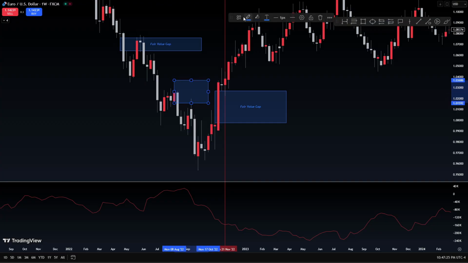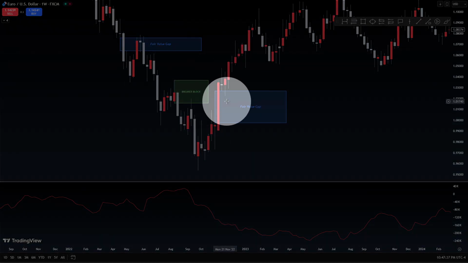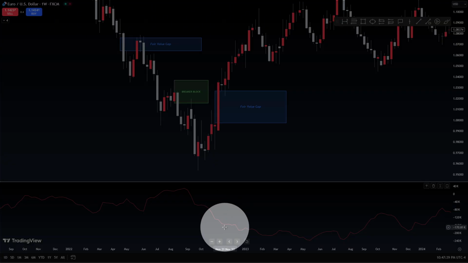I'm going to put it right about there so it won't make too much of a mess on our chart. Boom. There's that breaker block right there. Okay, we're going to delete that line. And if we look, this is the candle right here. Boom, that's the candle. If we drop down to the data, you can see we got a very miniature hike